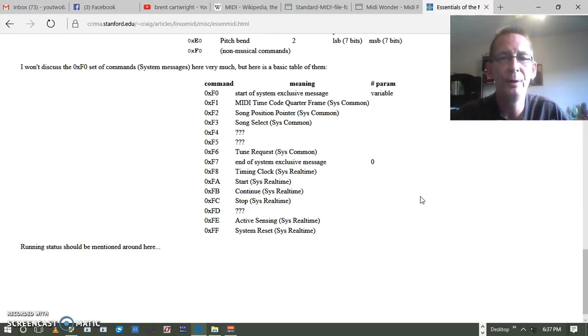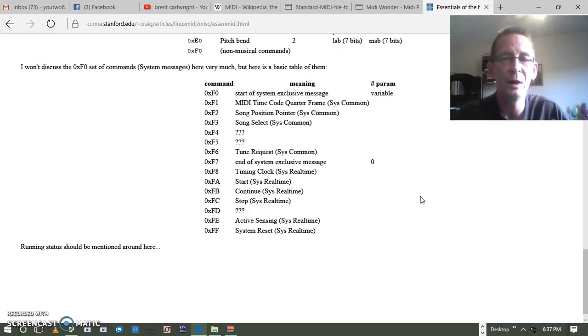Song position pointer, telling you where in the song it's at. Song select for selecting different songs on a MIDI keyboard or some system that has songs set up in it. Tune request